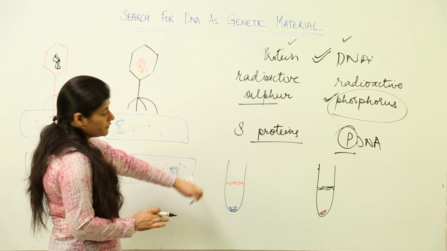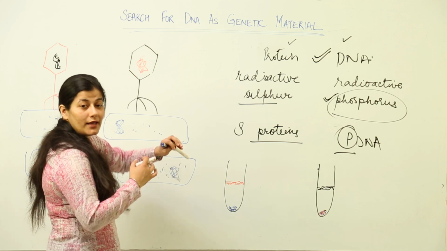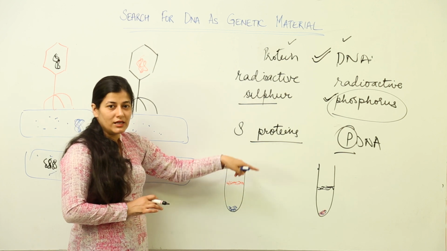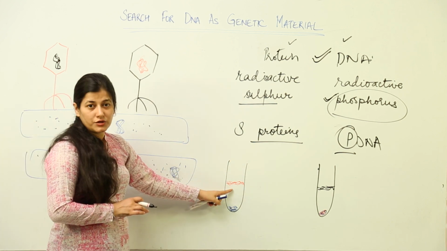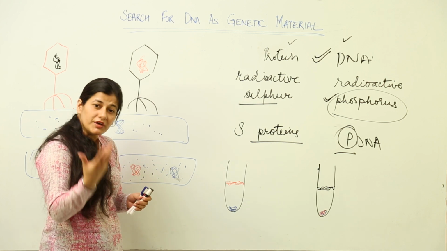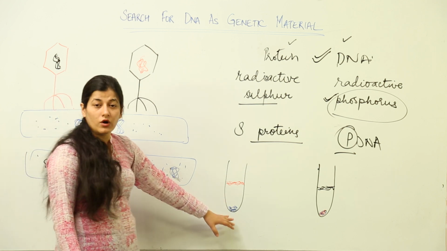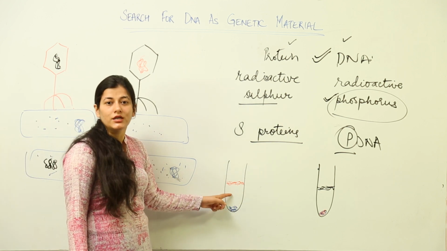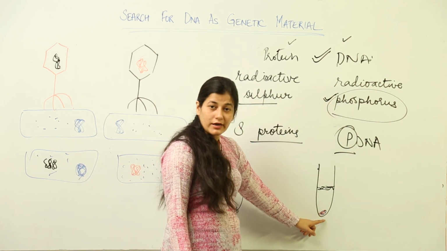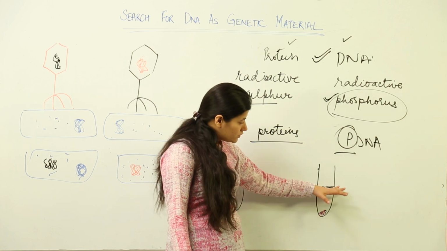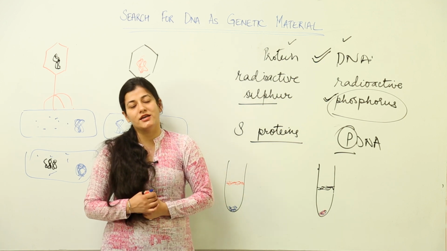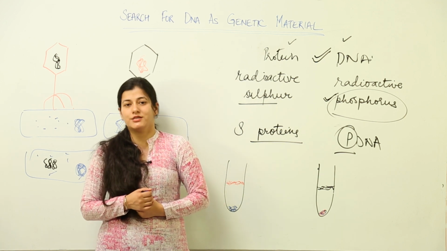Here it has been totally proven that it is not protein. It could be anything else, but at least it is not protein. Why is it not a protein? Because protein has stayed above. They made the protein radioactive. The radioactive protein could not get inside E. coli. Now, because it is not getting inside the E. coli and infection has taken place, that means whatever has gone inside is certainly not protein. Then what has gone inside? It is DNA, where in the case of radioactive phosphorus, the radioactivity shows in the precipitate instead of supernatant. That proves that genetic material is nothing else but DNA, and it was proven by Hershey and Chase experiment.